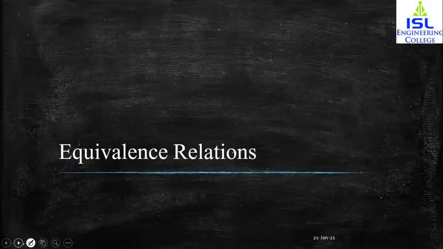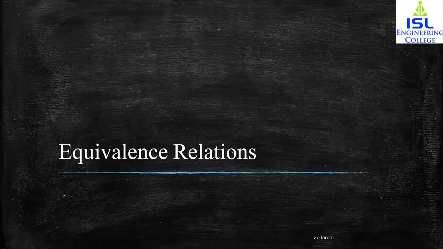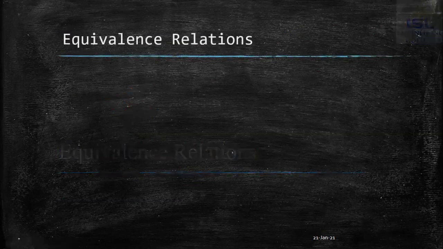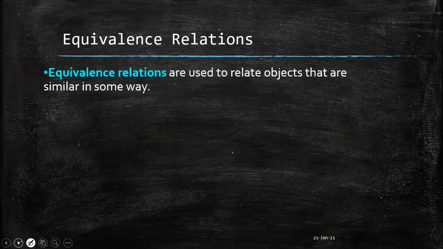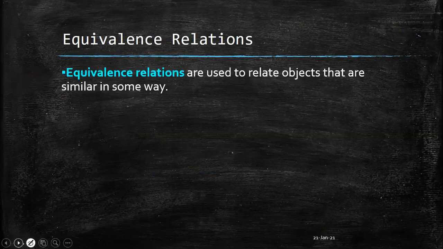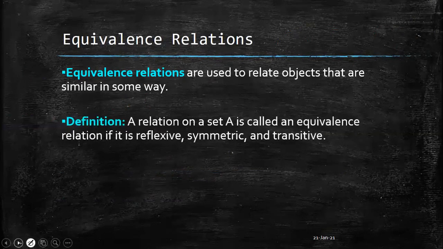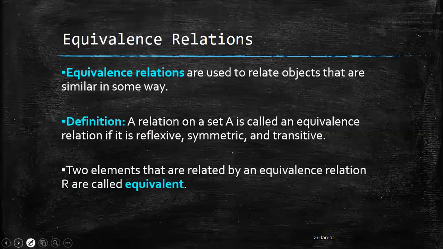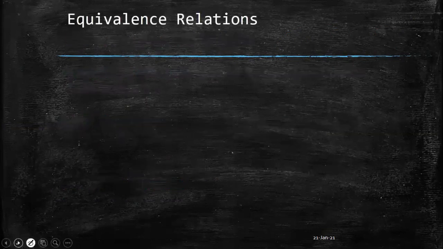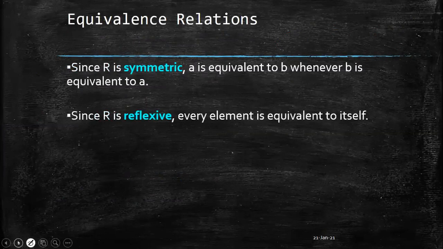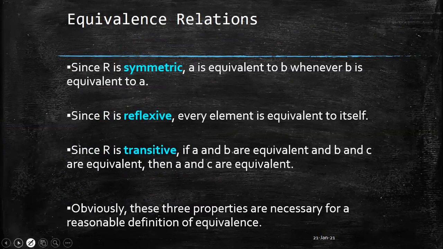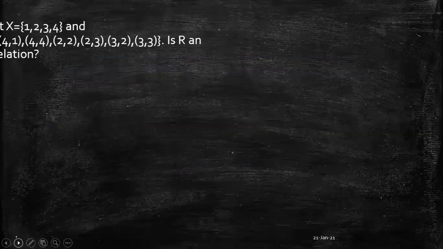Now the next topic is equivalence relations, which I believe we have already seen after seeing the reflexive, symmetric and transitive relations. So any relation which is reflexive, symmetric and transitive is known as an equivalence relation. Please refer back to the earlier lecture on transitive relations, which I believe is lecture number 4.2, and you can find the explanation there. For the equivalence relation, we will be seeing an important problem based on a digraph.